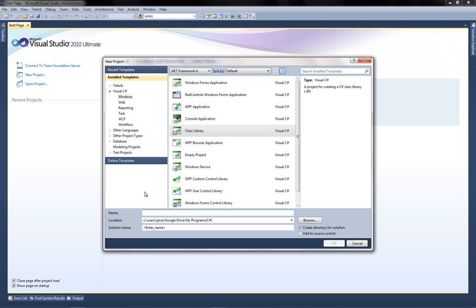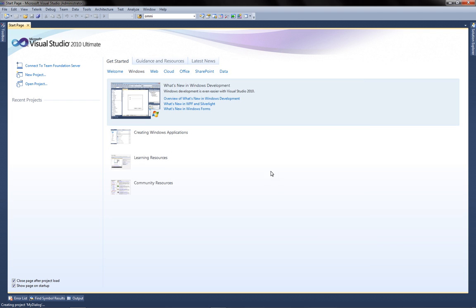We're just going to call it my dialog box. We'll do that because the main reason is that this will also be the default namespace for the program. So we'll do that. Hit OK,